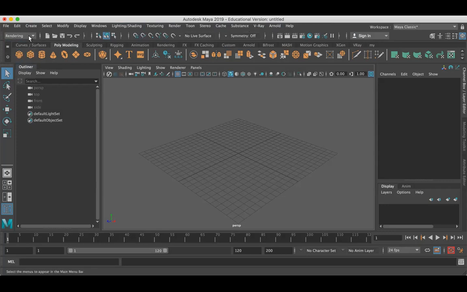Now next to the menu sets, you can find the status line. This is called the status line, where you can find common things.